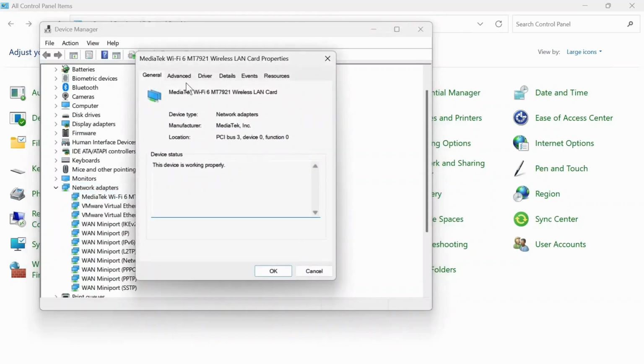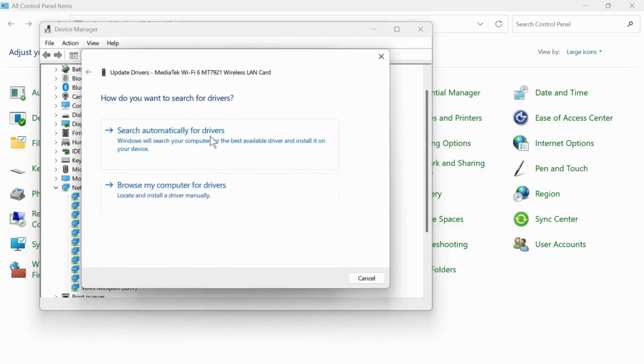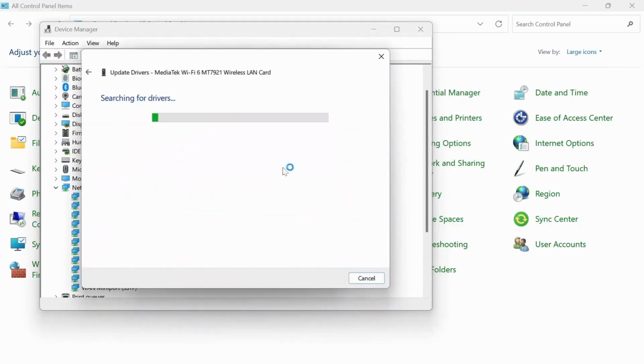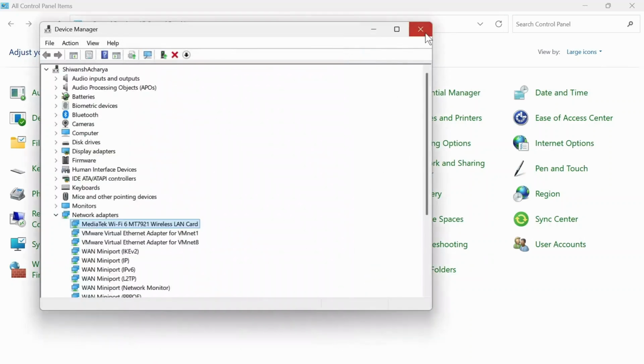Now simply update it. You'll see the driver section. Tap on update driver. You can choose whichever is most suitable for you, and after you update it, you are good to go. And that is how you fix this issue,